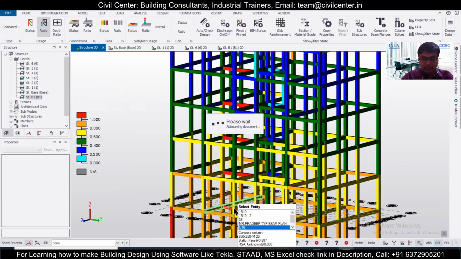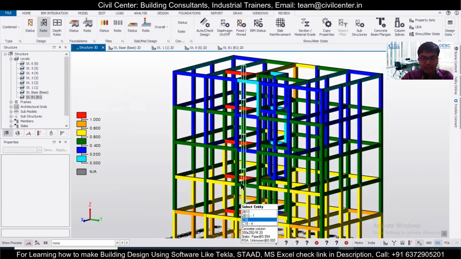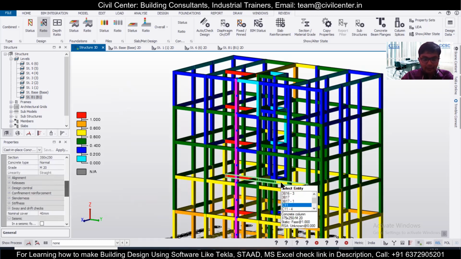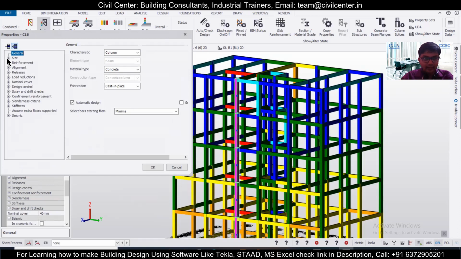As you can see, span 1, span 2, span 3. Span 1, 2, 3, we don't need to change span 3. Span 4 and 5 will change this. You can change the particular sizes of span 4 and span 5. We'll just double click here, and then size span 4.